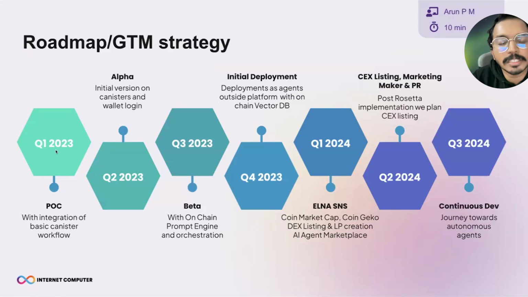To close off with how we started: in Q1 of 2023, we had this hypothesis: is it possible to actually do something related to AI on blockchain? That's how I started working on a POC, which runs a smaller model on ICP. We had the POC in Q1, and later we worked on the grant. Everything started with a post on the DFINITY Forum. The first post got a huge response from the community, and I resigned from my job, and that's how it started. We applied for the grant, and the initial deployment of the agent was done in the last Q4.